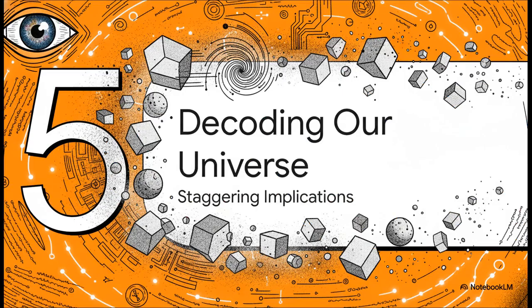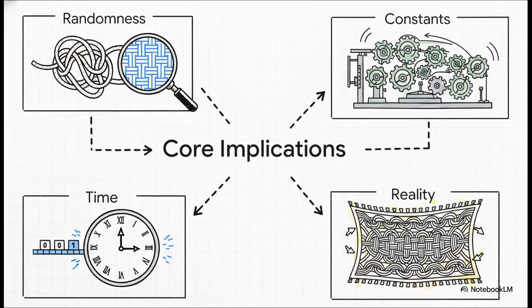So what does this all mean for us? Let's zoom out one last time and think about the really staggering implications of living inside this giant cosmic program that's constantly debugging itself. If this model is anywhere close to right, then what we call randomness is just an illusion. It's a part of the program that's still running. And those physical constants we thought were so fundamental, maybe they're just the stable parameters of a system that's found its harmonic sweet spot. Even time itself might not be fundamental.